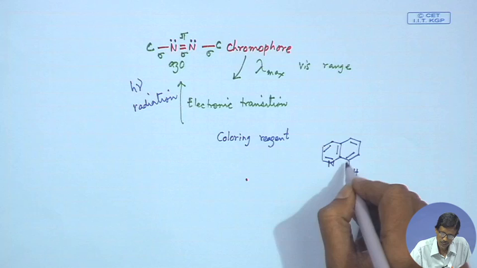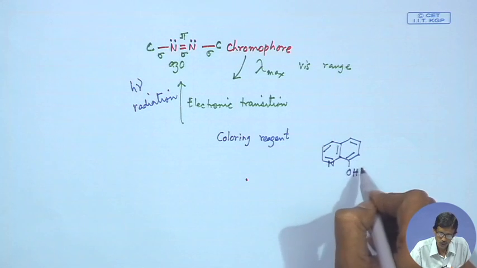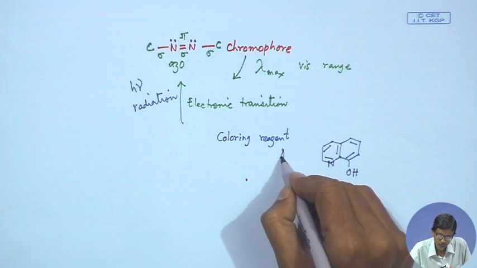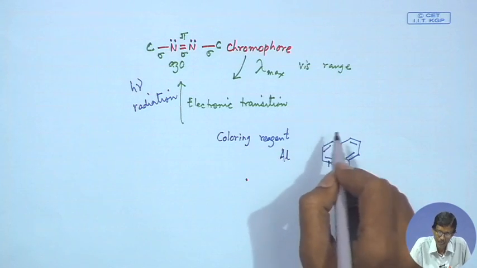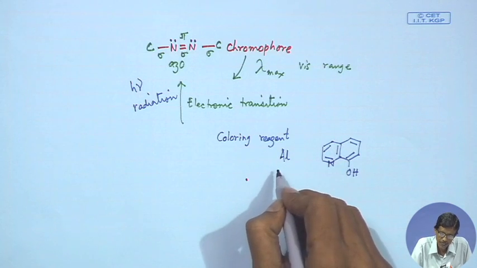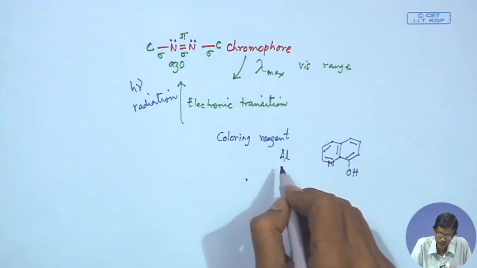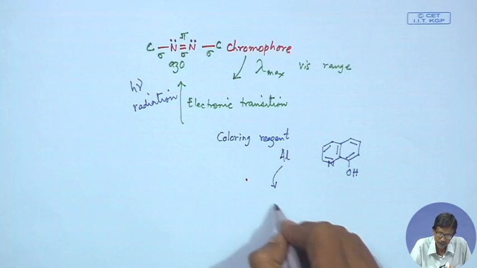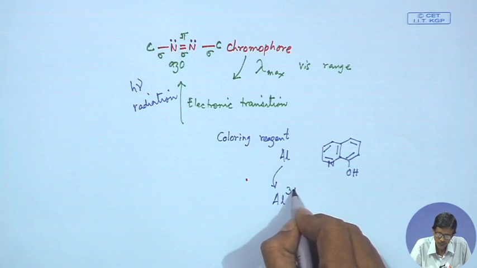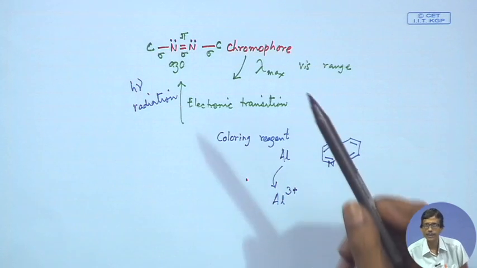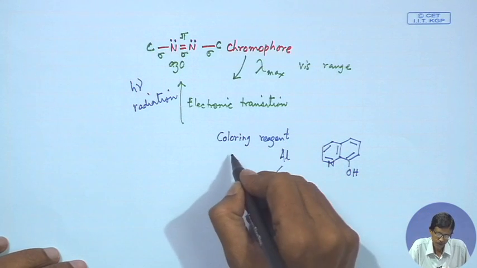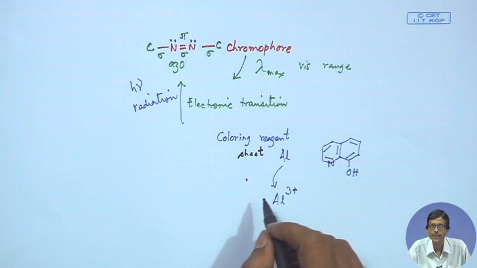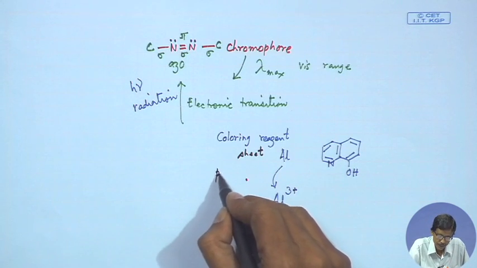So, this is the 8th position of the quinoline, the whole other is the quinoline, and this is the 8th position of the hydroxy ion. So, this is the coloring agent for aluminum. The detection of aluminum, it can be metallic aluminum, but always remember that if you are going to detect aluminum metal or the aluminum sheet, this aluminum you have to take into the solution as aluminum 3 plus. So, this is known as pretreatment, and this pretreatment from aluminum sheet or aluminum wire or aluminum rod, whatever it is. So, pretreatment